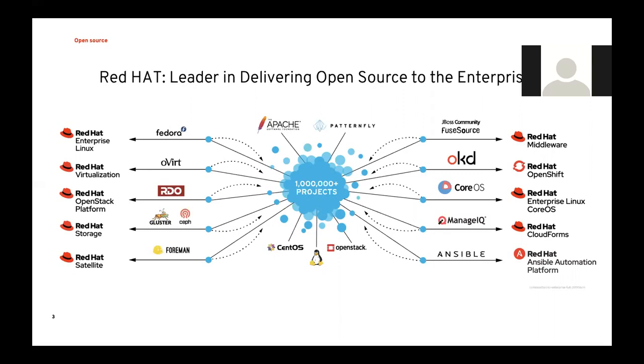And from there, we deliver our enterprise products that we sell in the market, which are secure, tested, certified, and documented, and definitely supported by Red Hat engineers to provide you with the premium experience that you expect from an enterprise software company. So again, this is the value of Red Hat. Red Hat is the pioneer in bringing open source technologies to the enterprise. That's what we do, and we help you bring innovation. We help you get the latest and the greatest of what's happening in the open source, but definitely with all the assurances that you expect from an enterprise software.